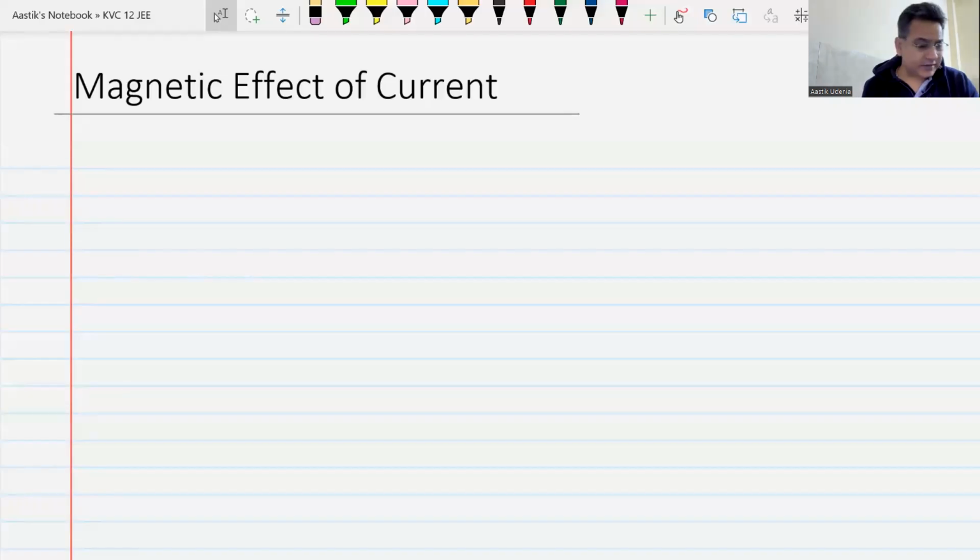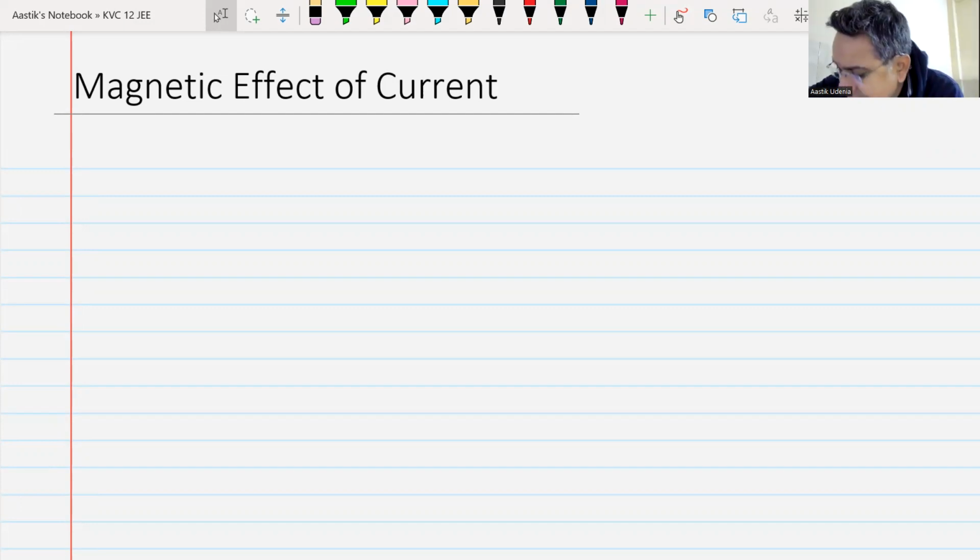So good afternoon, everyone, and welcome to this class. This is a brand new topic, and this is magnetic effects of current. How does current create magnetic effect? Now, before going into magnetic effect of current,